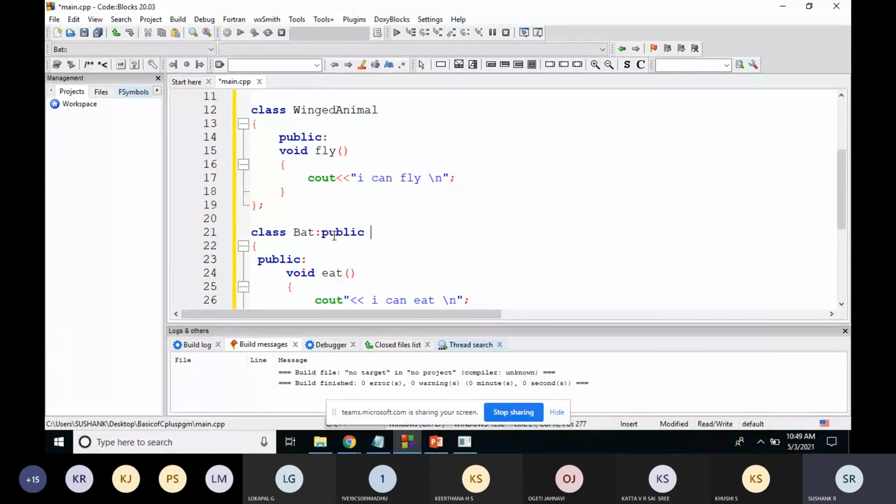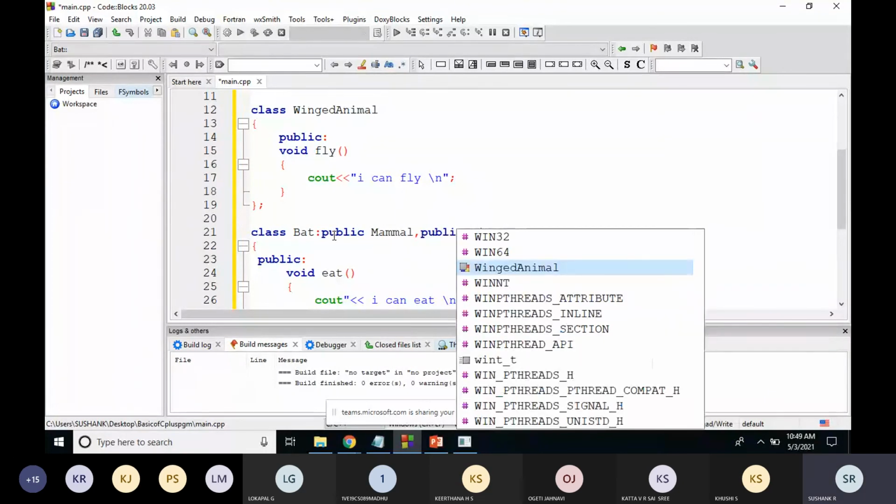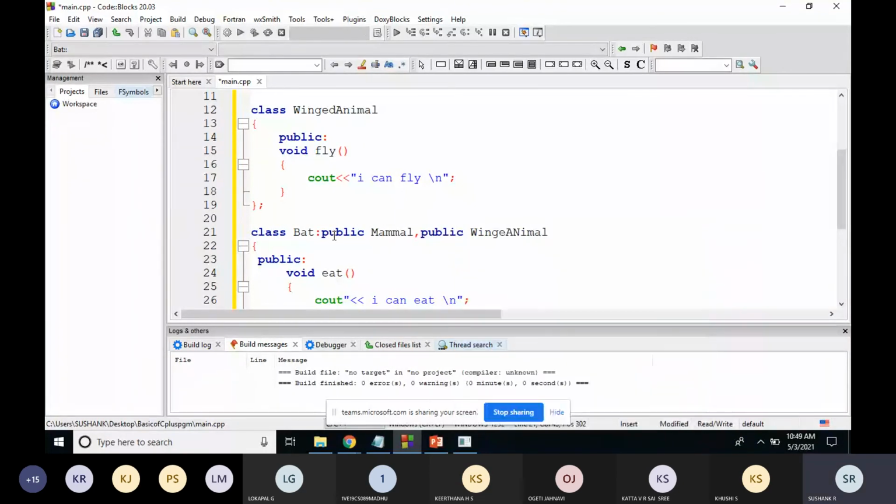I want to provide the relationship between mammal class and bat class, so I'll write mammal. Then I want to give the relationship between bat and winged animal as well. Comma, public, winged animal.